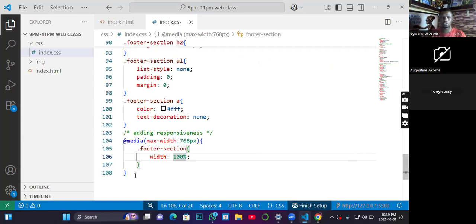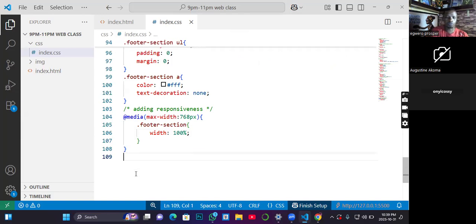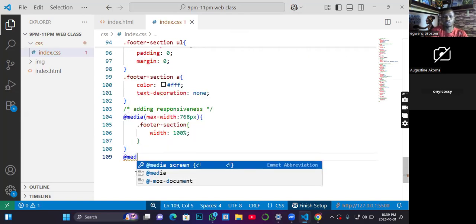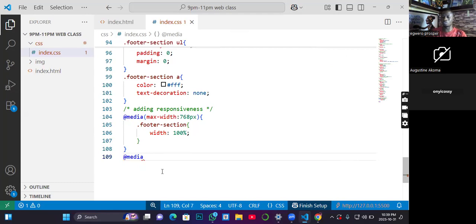So what you do is you come out here, you define another @media. So these are actually what we bypass with Bootstrap. Okay, so once we are done with this particular design and we are done with JavaScript, where we will now learn Bootstrap, it is from there that Bootstrap will take care of all this responsiveness. But the reason why we are touching a few of them is so that you know what exactly Bootstrap will be doing for you. So in fact, instead of me writing again, I can just copy this since I just want to change